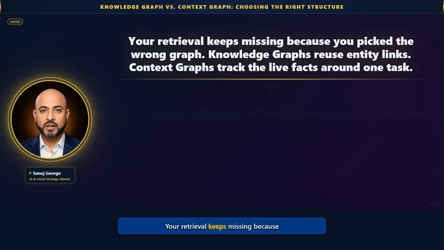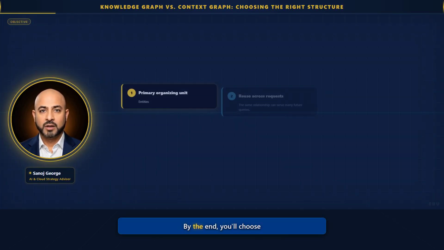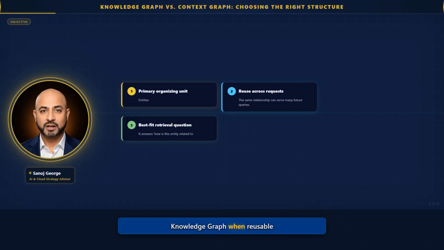Your retrieval keeps missing because you picked the wrong graph. Knowledge graphs reuse entity links. Context graphs track the live facts around one task. By the end, you'll choose knowledge graph when reusable entity relationships matter, or context graph when the live neighborhood around one task does. You'll compare knowledge graph and context graph on primary organizing unit, reuse across requests, and best fit